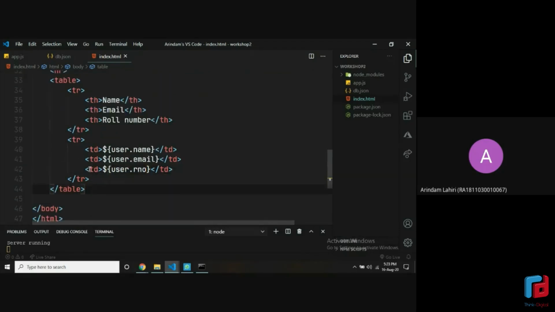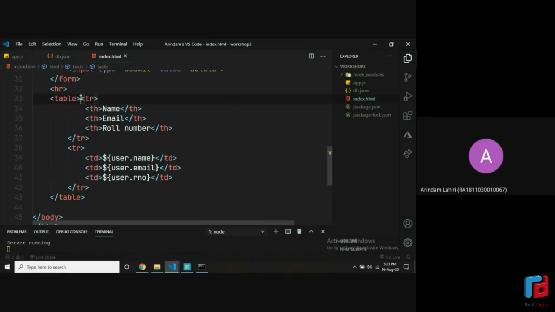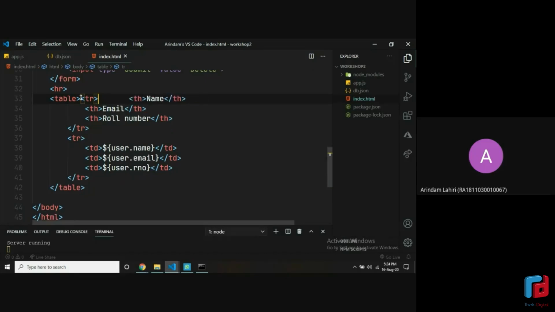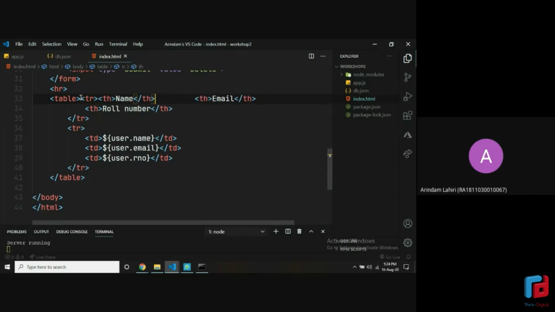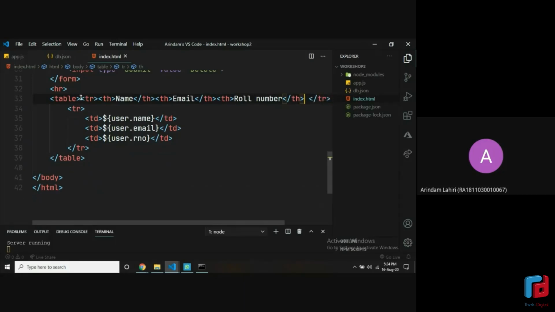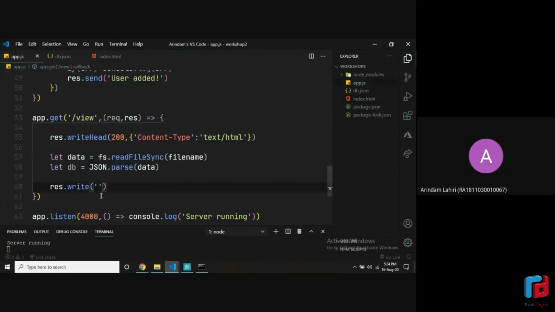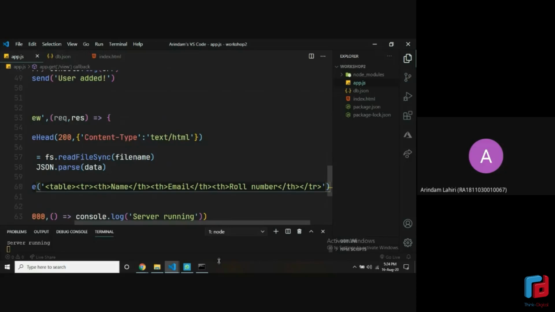Okay, so now what we want is to remove all of these line breaks that are here. Just go to the end of the line and delete everything. Don't keep the line breaks. If this doesn't work for you, don't worry, because the code is a little bit messy. But if you just understand what I'm doing in the node part, it will be fine, I think. So just copy this first line now, leaving one tr tag below, and paste it inside the res.write.